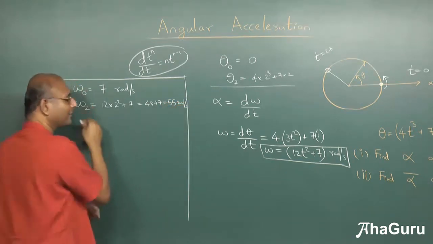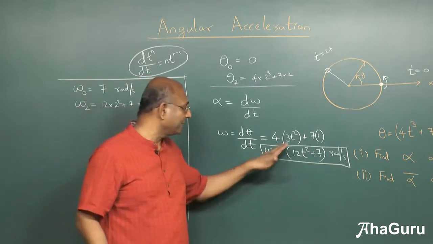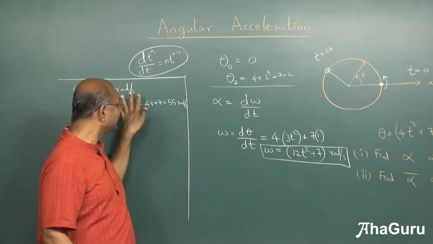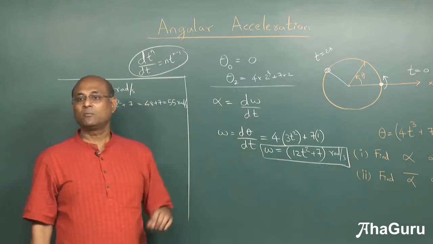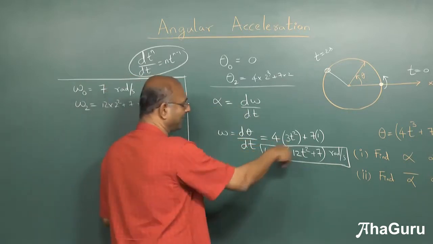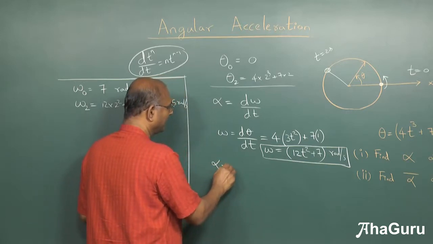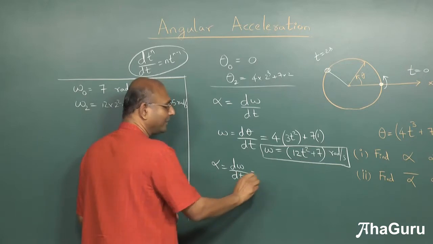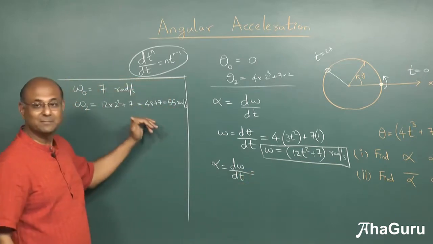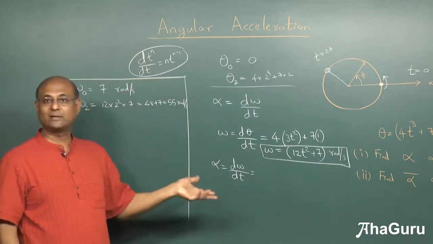So you can calculate omega at any time you feel like using this. But I don't need these numbers. What I need is the actual function of omega as a function of time. There is no point in calculating the value at various time instants if I want to differentiate. You need it as a function of time, because only then you can differentiate.